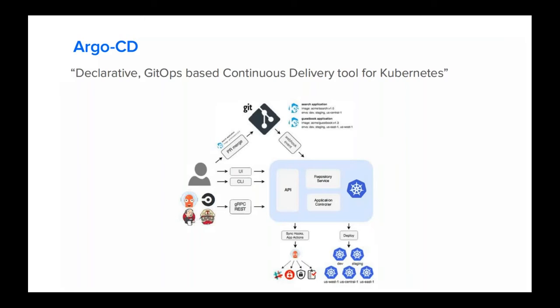It is built on the topic of GitOps, which we covered earlier. It treats your Git repository as the single point of truth, using which it deploys applications into your environment. As you can see, once a change is made to the Git repository, Argo CD can detect the change. Let me just go over the Git repo first, and I'll come back here.